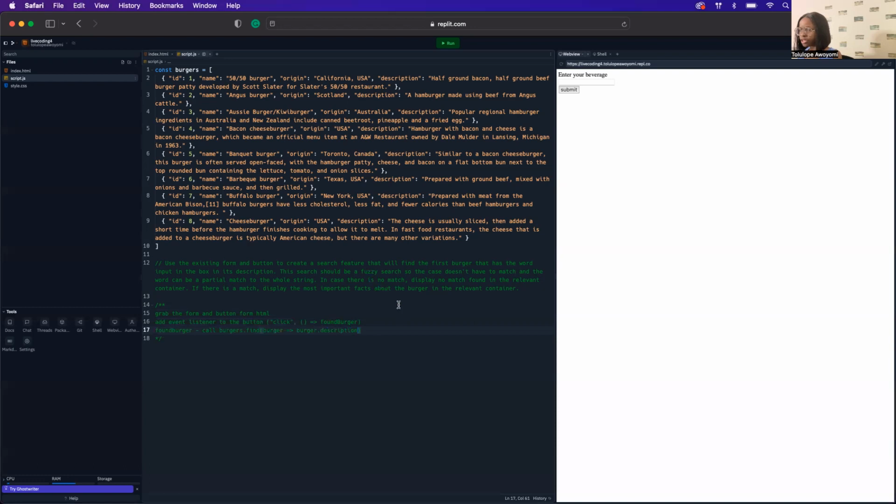This search should be a fuzzy search, so the case doesn't have to match and the word can be a partial match to the whole string. So that's what it's telling me, that I would call lowercase to make it case neutral, and then includes, right? It includes,